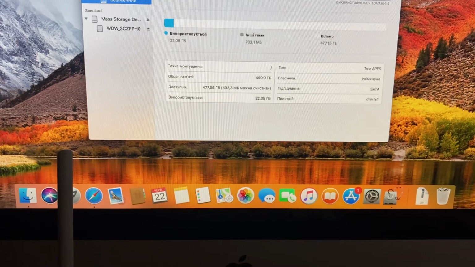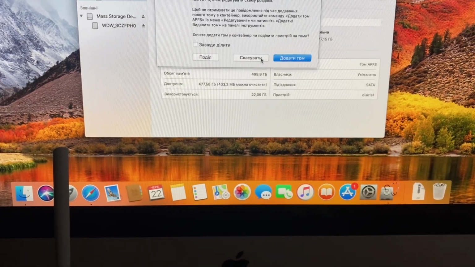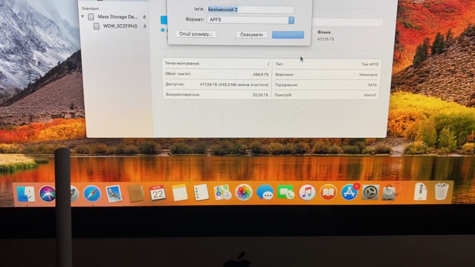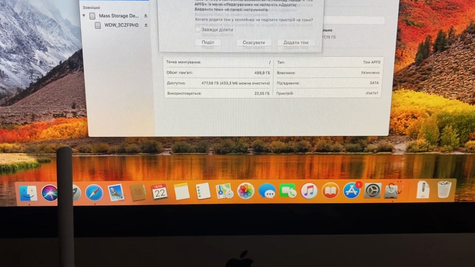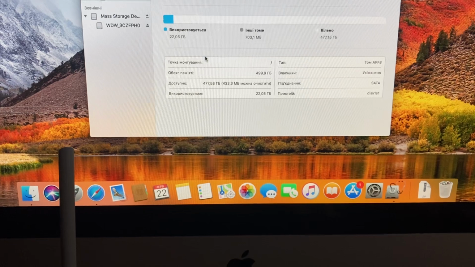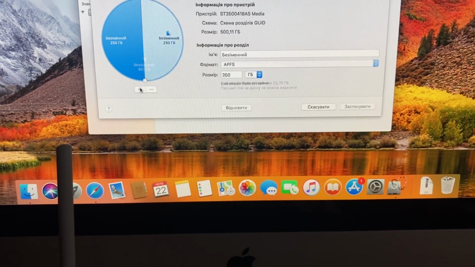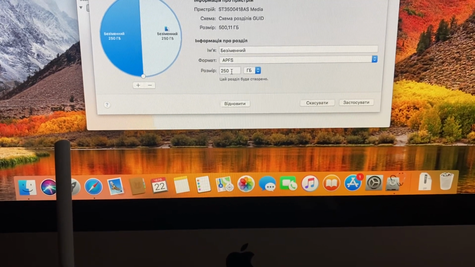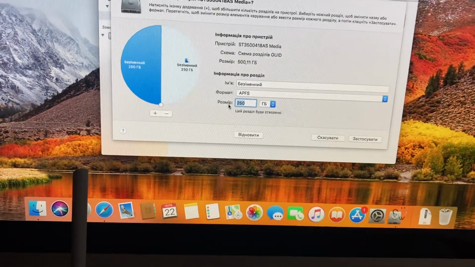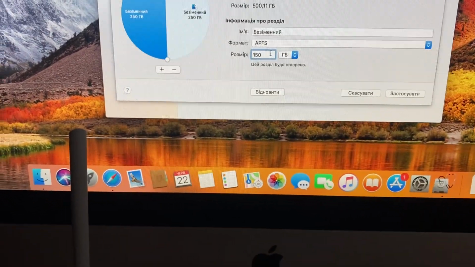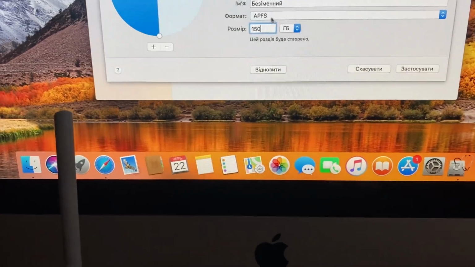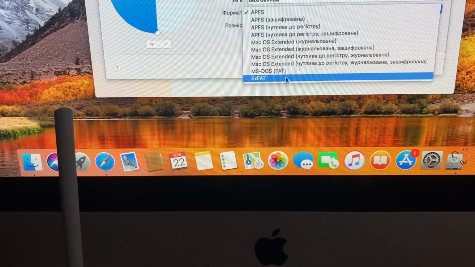From here you just need to add a new volume, so for example like this one. So you can also just tap here, after just tap on that, and here you just need to choose like this one. I want to set for Windows like 150 gigabytes, so let's choose here